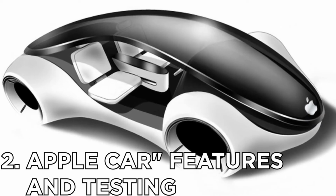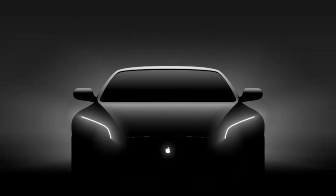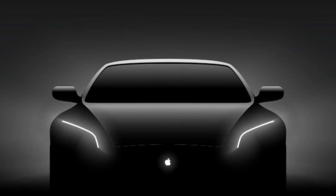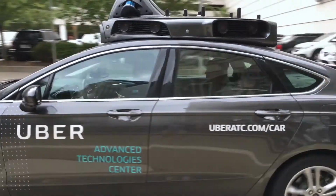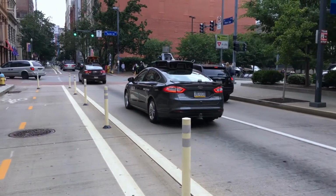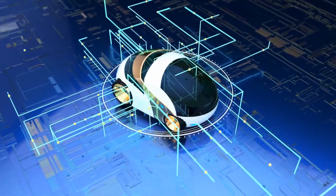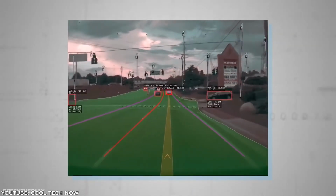Number 2. Apple Car features and testing. Kept under the Project Titan name due to its closeness to the original car design concept, Apple's work on self-driving vehicle systems has been the most prominent element of the entire scheme. Unlike the designs, which are brought up in patent filings and rumors, it is actively known Apple has developed and